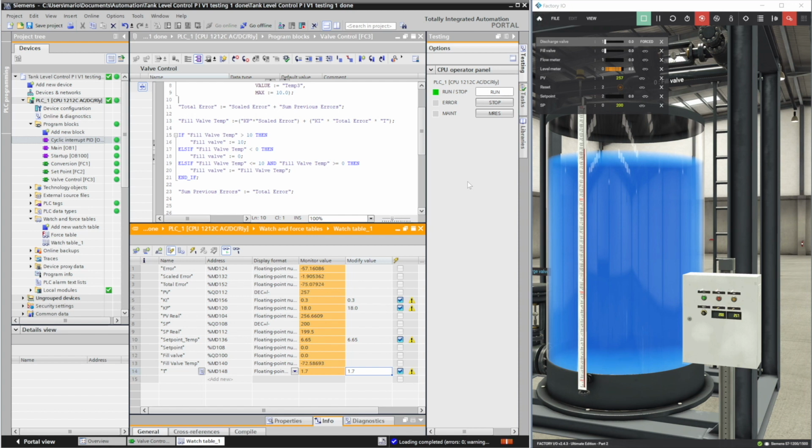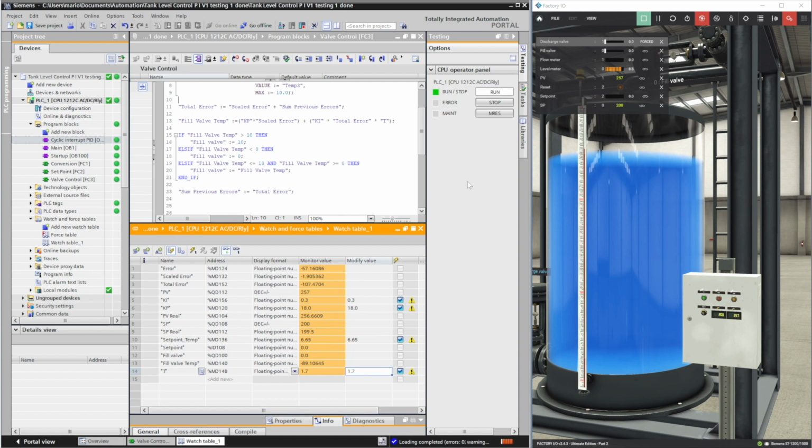As also mentioned earlier, this is what is known as integral windup, or should I say in this instance integral wind down. I don't actually think there's a term for that, but I'll use it anyway. Now, if the tank is filled and left for a while overnight, for example, this value could be huge, and